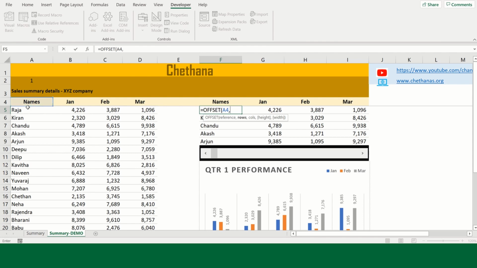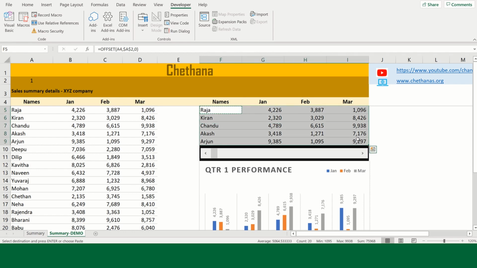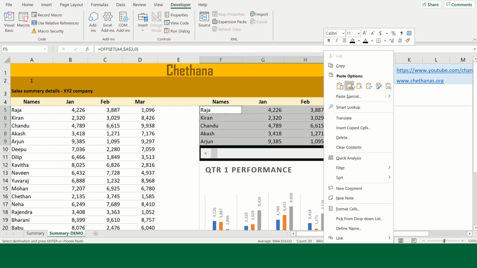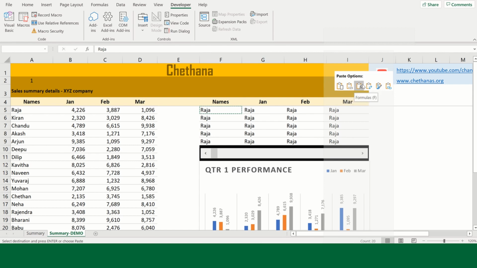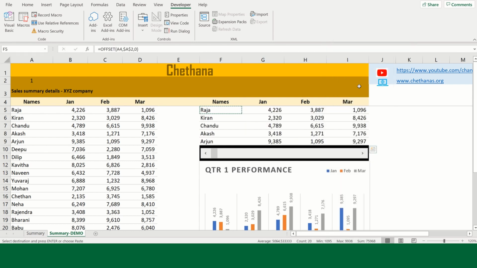OFFSET A4 and the A2 linked cell for the number of rows that we need to offset, and I need to make it an absolute reference, and then comma 0. We don't want to offset any number of columns here, so I'm going to give 0, and then copy the cell and paste it into the entire range in the small table, paste as formulas.